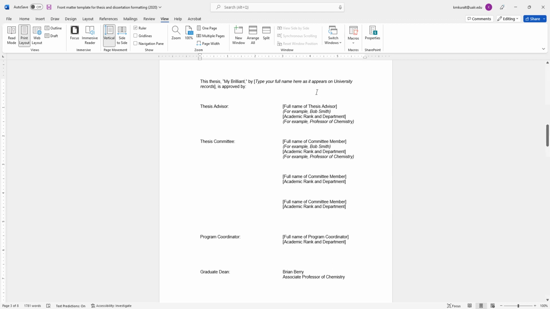Oh, and if it's a dissertation rather than a thesis, how about we change this? This dissertation. Okay, so type it, I check and make sure this quotation mark is at the front.